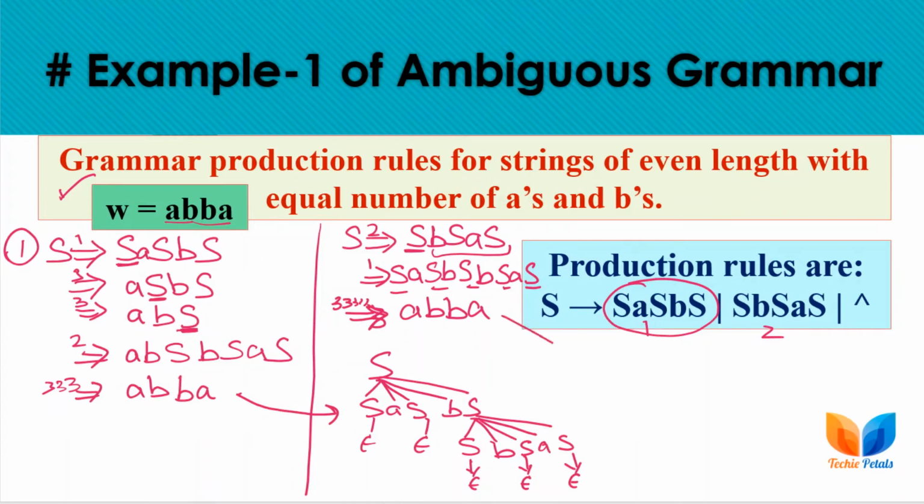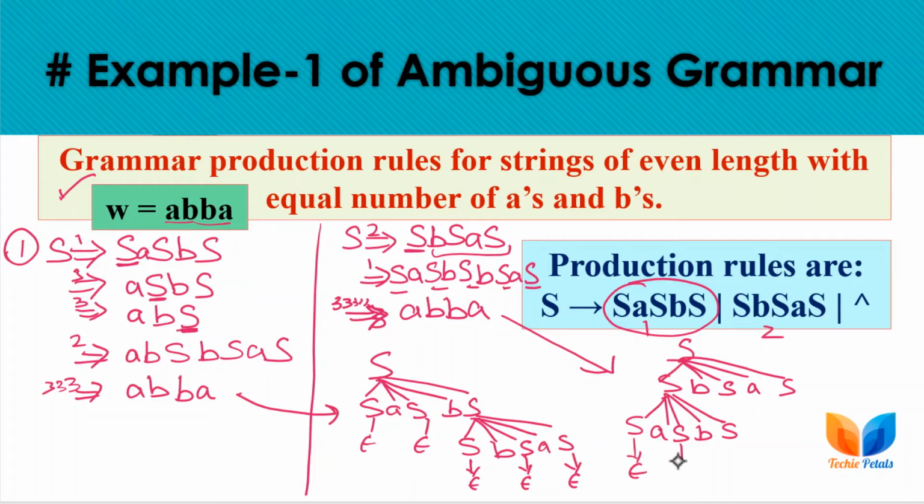And for this derivation we have another derivation tree as this. So this is another derivation tree, all S will be replaced by null here. You can simply write it.